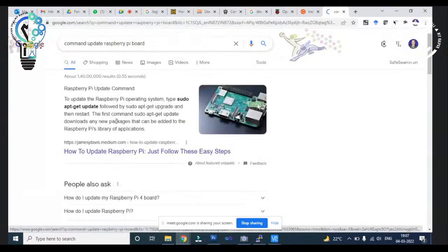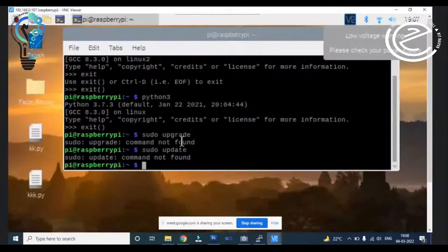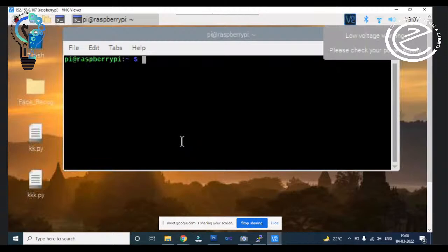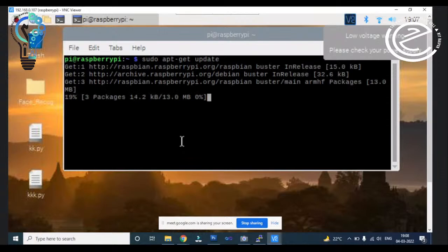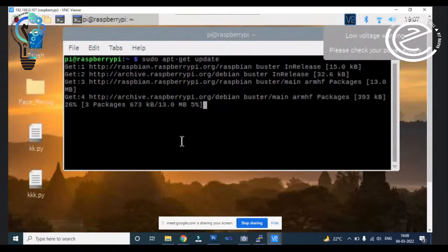You can write on Google, you don't need to memorize all the things normally. So you just write here sudo apt-get update. So you can see the update is already running here, and it will update the latest version or the latest supporting software which is required for the OS.